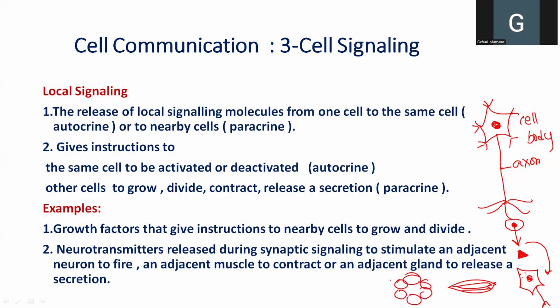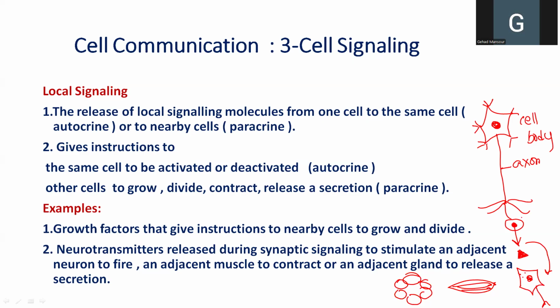All these three structures, the neurons, the muscles, and the glands, especially the muscles and the glands, are considered effector organs because they implement the orders that are given to them by the